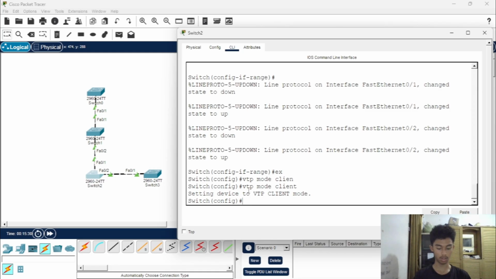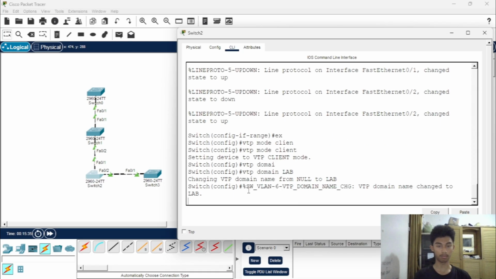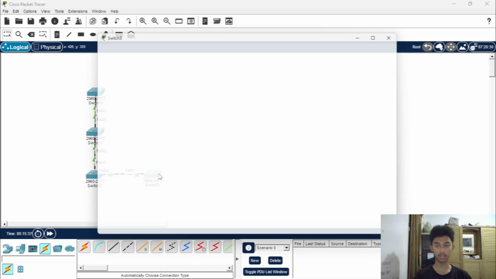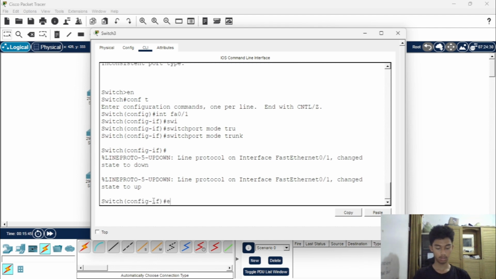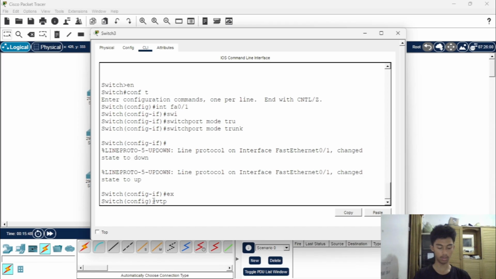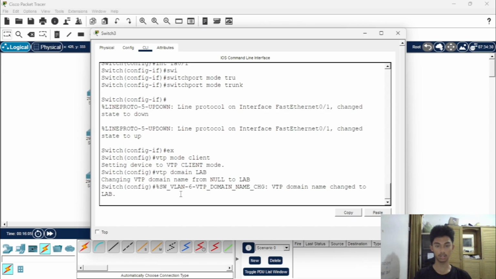Okay, and then add domain lab. For the last switch, we use the same command: VTP mode client, then add domain, enter.